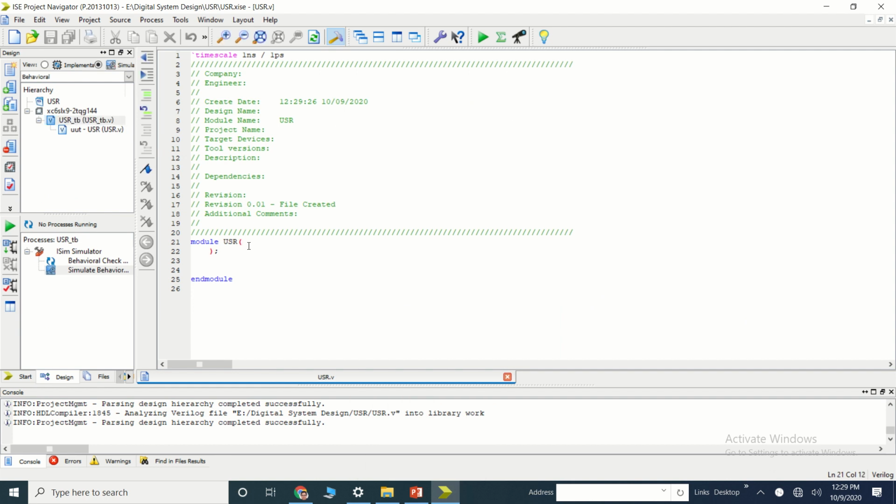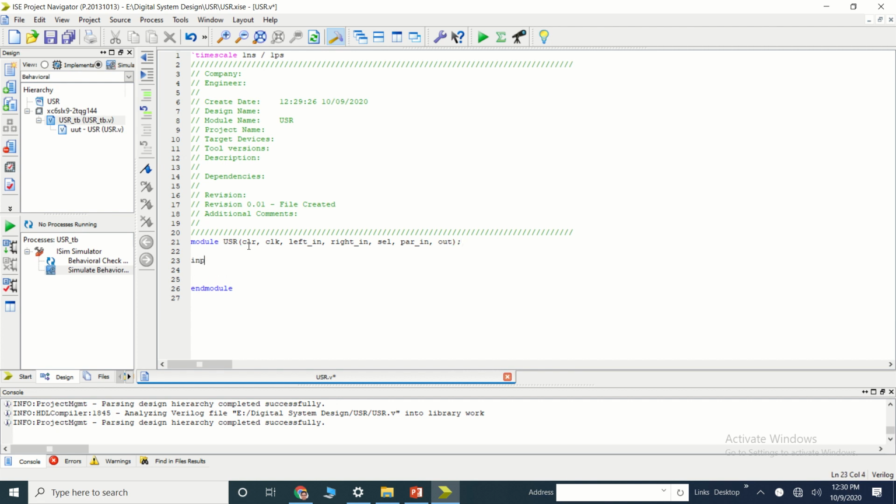So first let me write the clear, the clock, left in, right in, selection, the parallel in, and the parallel out we will define. Okay, so this is my port list.